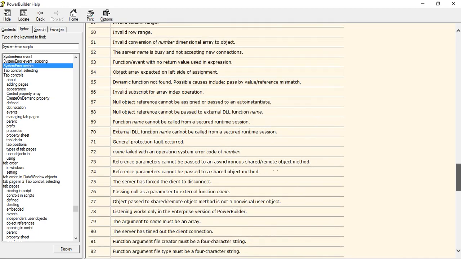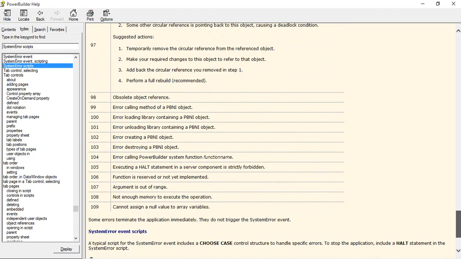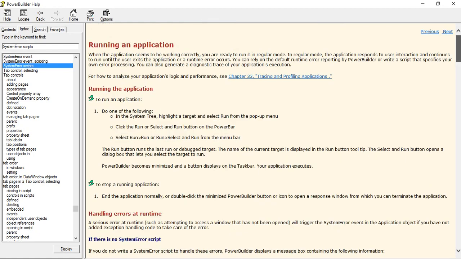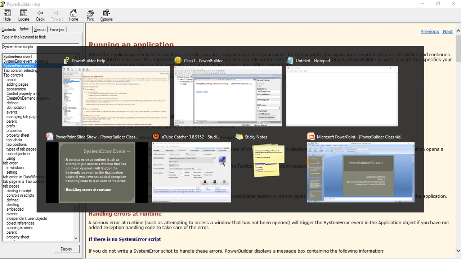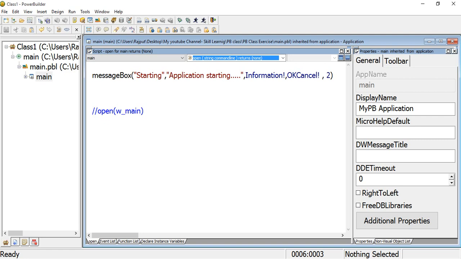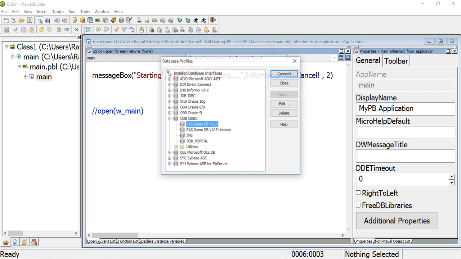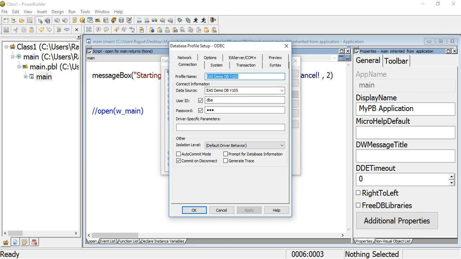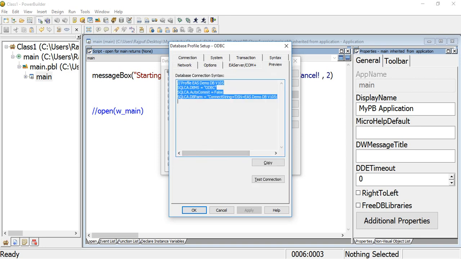I showed you one, right, and also I show the connection. From here, if you go there, edit in preview, you can check the connection. The connection is successful. You can copy this.